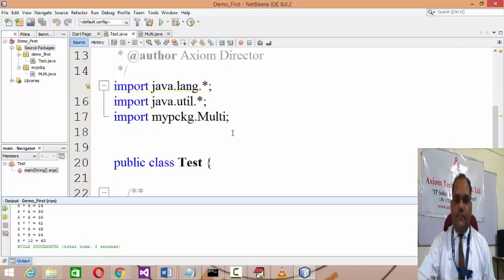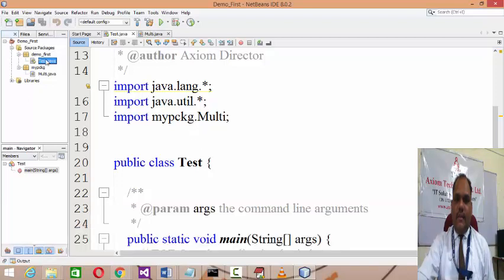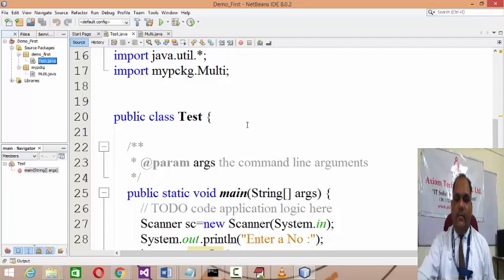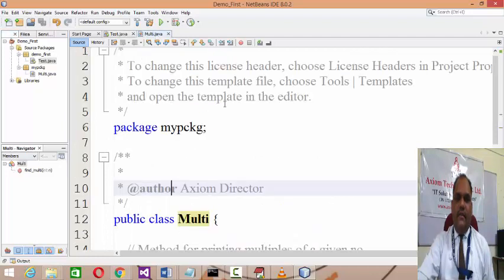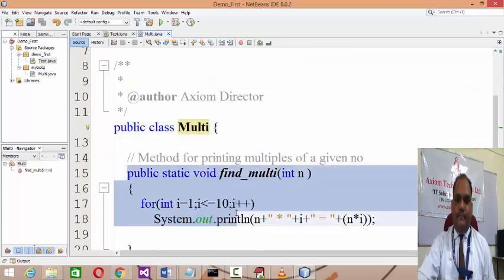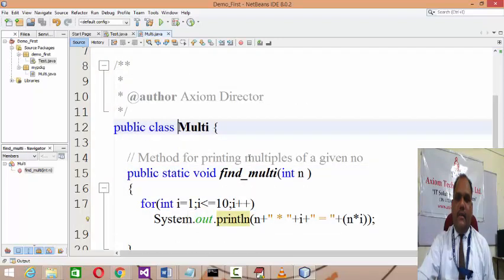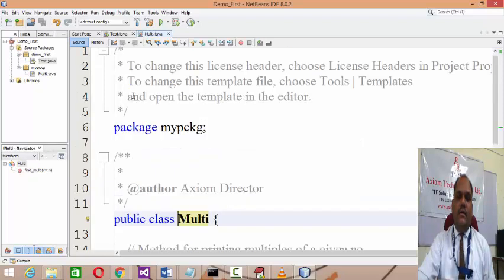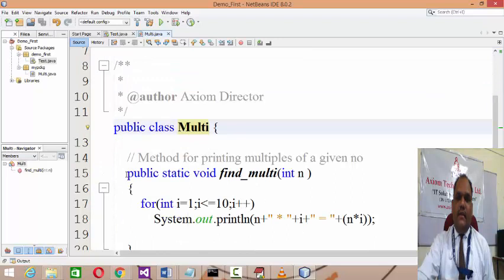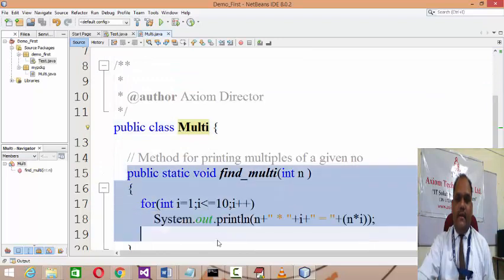Initially I created a test class where I read the number and find the multiples of it, and then I separated that method of finding multiples from the test class and wrote it in a different class called multi, and stored that method there. So in this manner I can create my own package with the class called multi, and there I store the method like this, right?